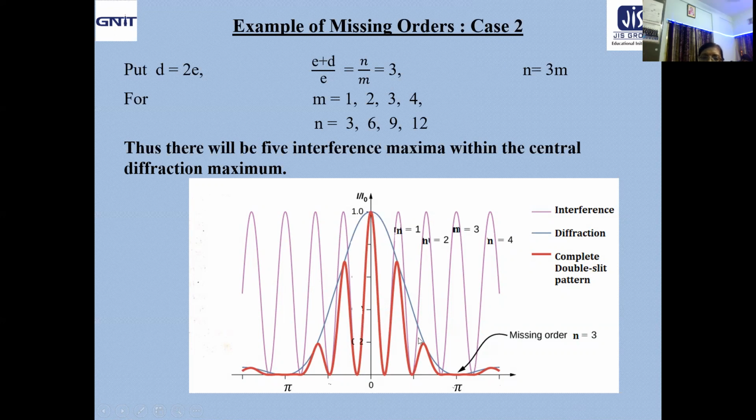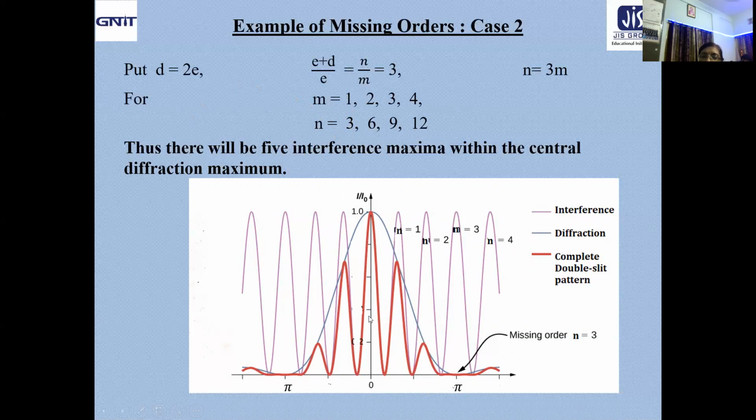Now come to this blue line. It represents the single slit diffraction pattern. Now under this condition, with first order minimum, third order maximum will superpose. So look at the resultant diffraction pattern. Before that, I must mention that for diffraction, this is the first order minima on both sides, then second order minima will come and so on, and that will take place at plus minus pi and so on. Now, when you combine both, what will we get?